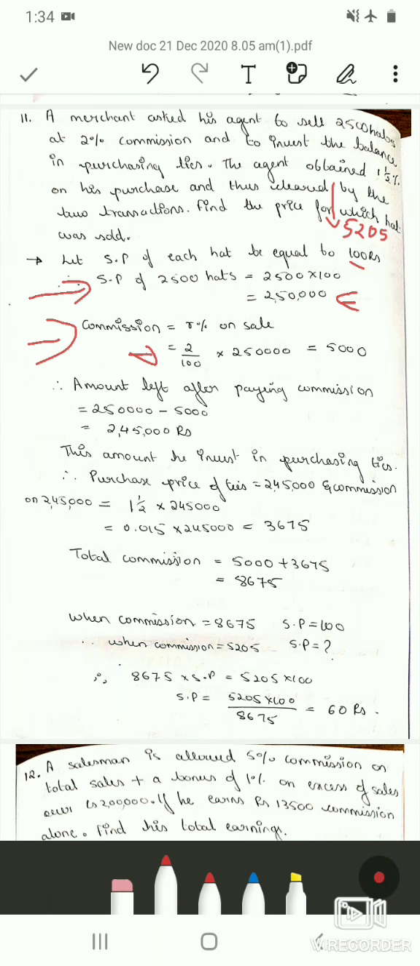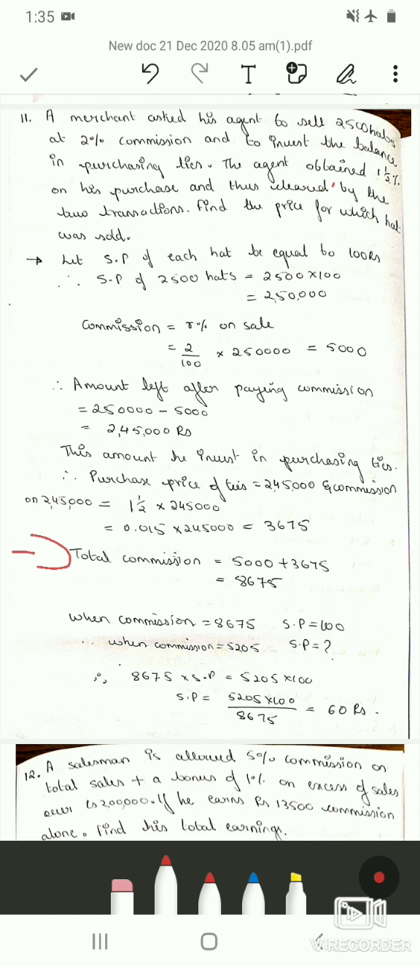Therefore the amount left after paying commission is 2,50,000 minus 5,000. We will get it as 2,45,000 rupees. So this amount he invests in purchasing ties. Therefore the commission on the purchase of ties is the commission on 2,45,000. So the commission on purchasing ties for the agent, you can simplify, is 3/2 divided by 100, which is 0.015 into 2,45,000. Simplify,